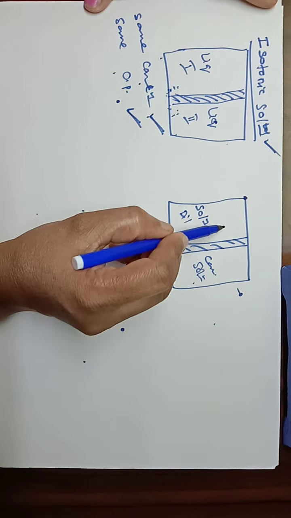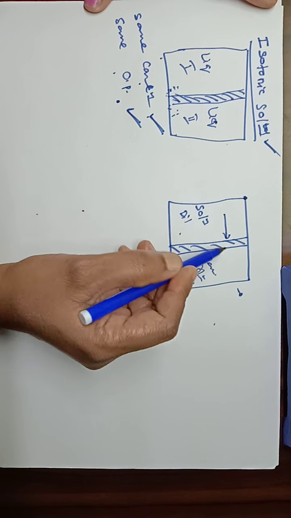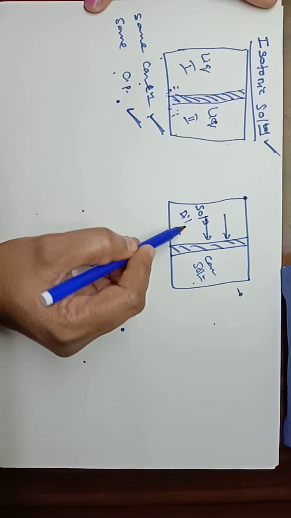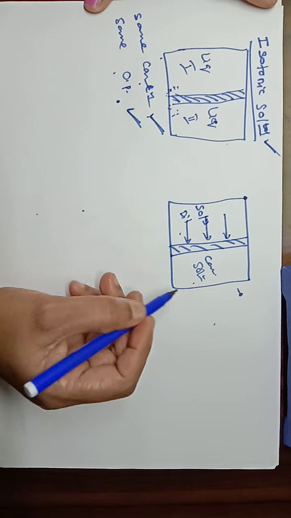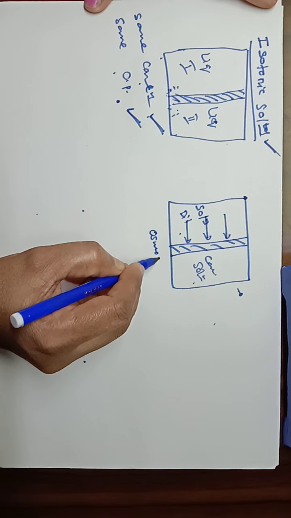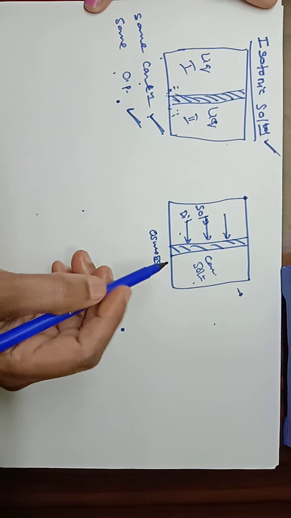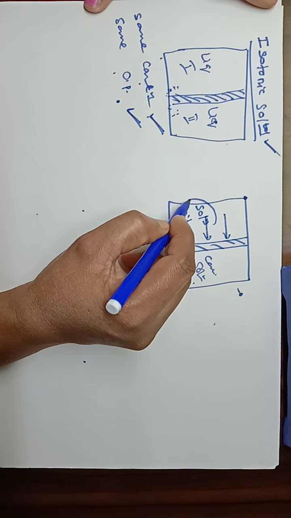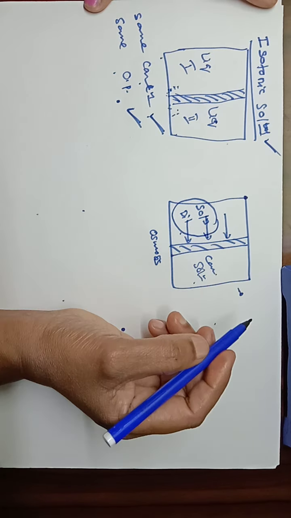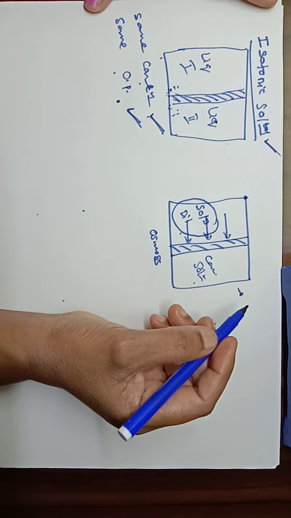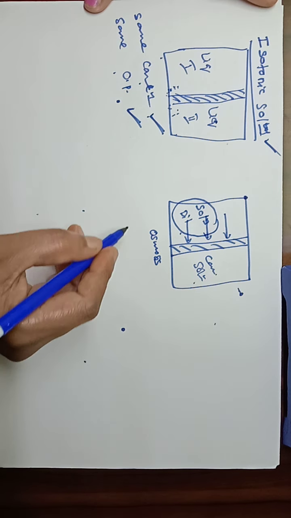Since there is a free movement of solvent particles from the dilute solution into the concentrated solution, that process can be taken as osmosis. Here during this osmosis, the solution which is dilute in nature, containing more solvent, can be taken as the